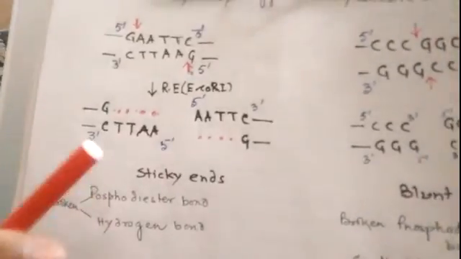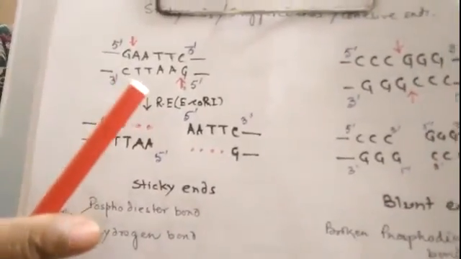Now another thing is there, the recognition site, that means the site which the restriction nuclease recognizes and cuts. This is generally 6 base pair long, and when they cut, they may produce either sticky ends which are complementary to each other, or they may produce staggered or blunt ends. So let us now see how a restriction nuclease produces a sticky end.